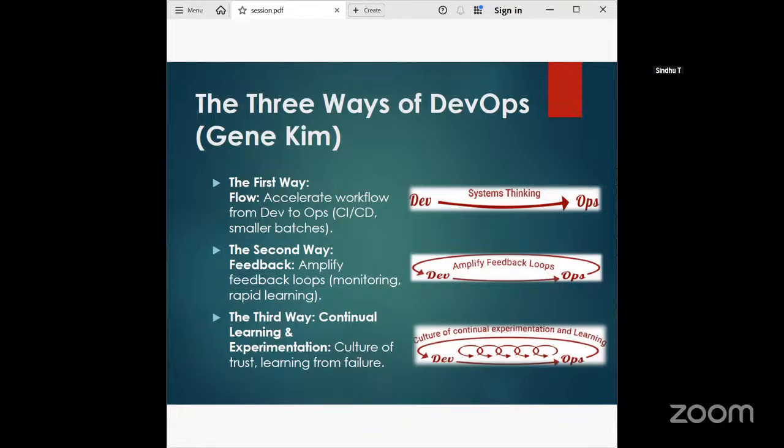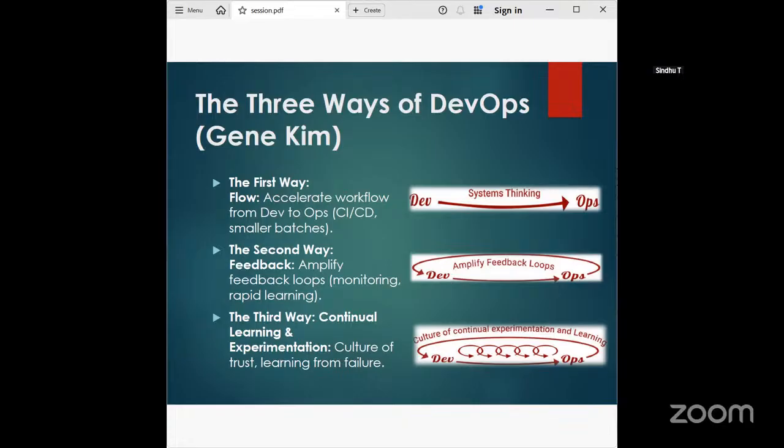So, optimizing the value. It's about accelerating the entire process from left to right, from development to operation, through testing and deployment. Left to right means we have to plan, code, and test. This requires breaking down work into smaller batches, smaller commits, and creating automated pipelines, continuous integration and continuous deployment, to move those batches quickly. So this is the first way.